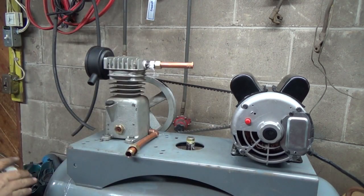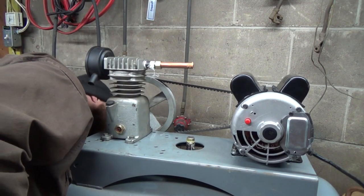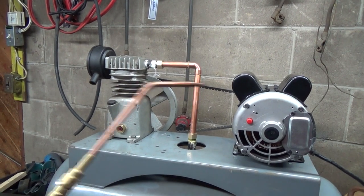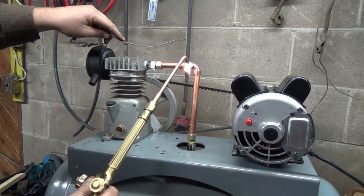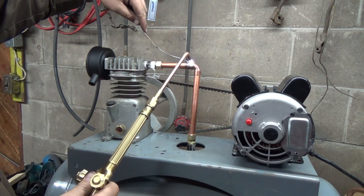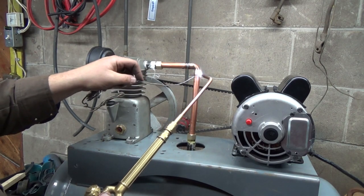Alright. Now, I don't really like soldering. Oh, man. I did lose that one. I don't really like soldering going uphill like that, but don't really have a choice. Where the heck did that go? Alright, well, probably way too much heat, but we'll just turn around slow. Slow. That should probably heat her up pretty darn fast. Really don't like doing this going uphill, but